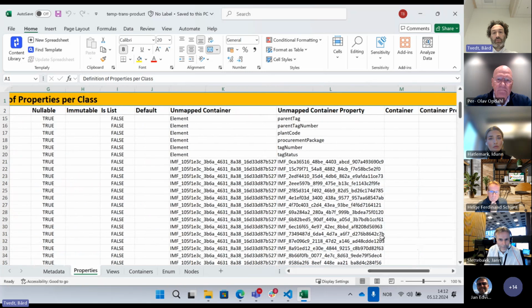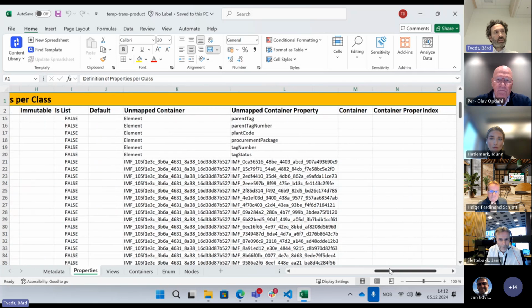And we also have mapping containers that will take us from this model and into the domain model of Aker Solutions. And when those things are in place, then we can start populating it with data. So I'll hand it over to you, Per Olav,